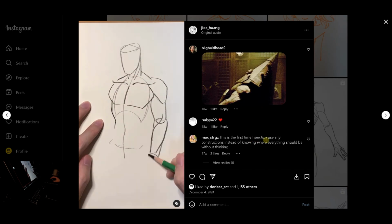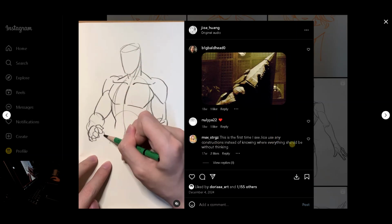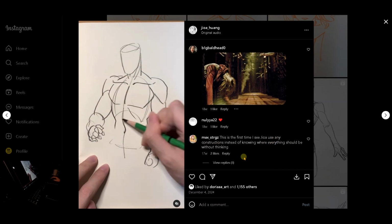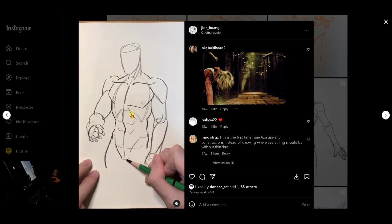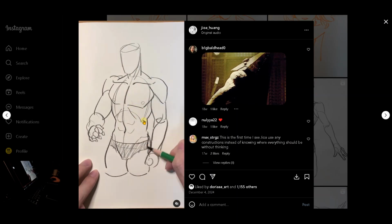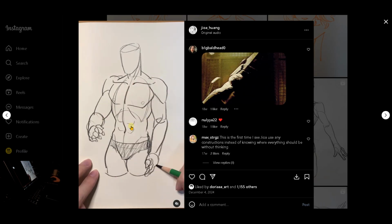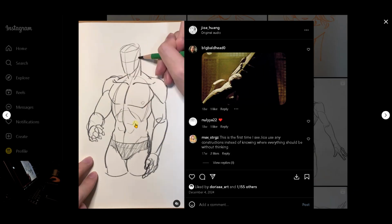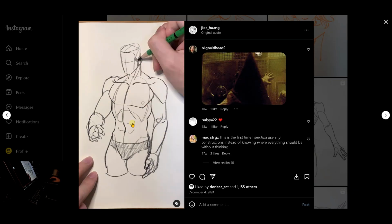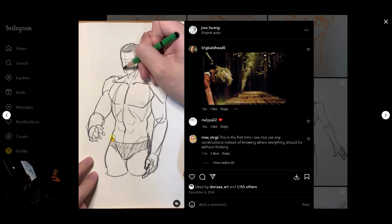This is the first time I see Jioa use any constructions instead of knowing where everything should be without thinking. Yeah, maybe in the beginning you may do this a lot, but eventually you sort of just see it. You think about it, you do consider it, but you skip this part and just focus on the contours. But this is something I think, especially for a beginner, you kind of have to go through just to get used to